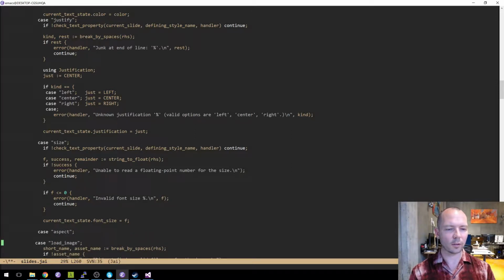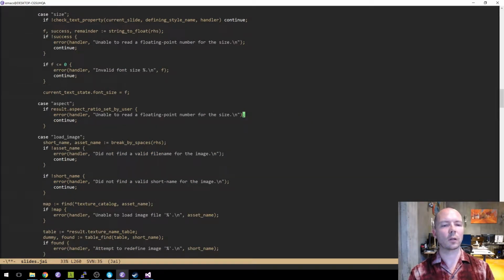All right. Okay. If aspect ratio is already set by the user, then we'll error. Attempt to redeclare aspect ratio. You can only set it once.